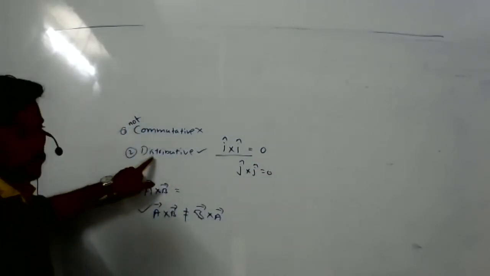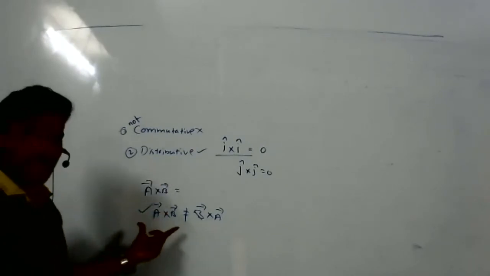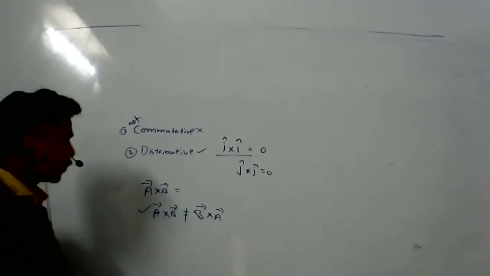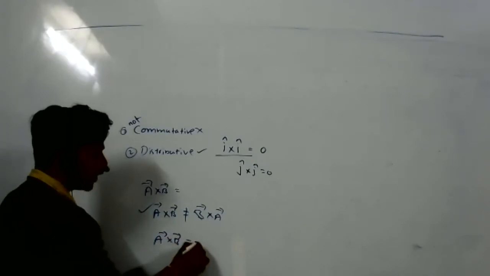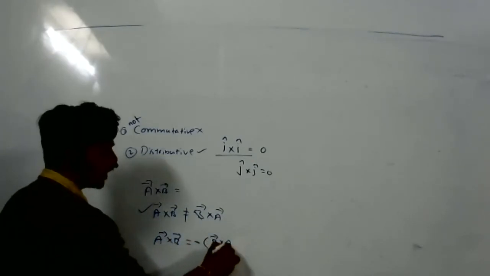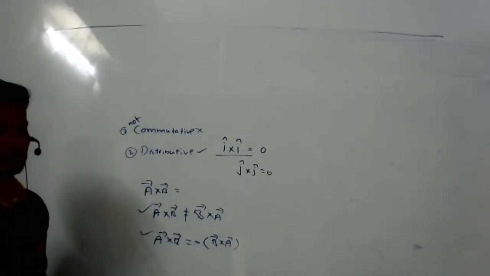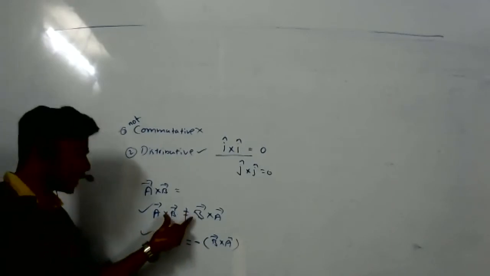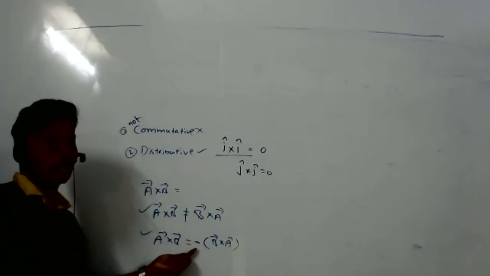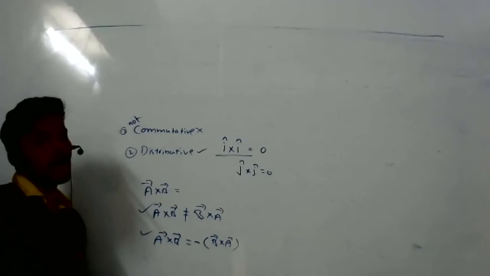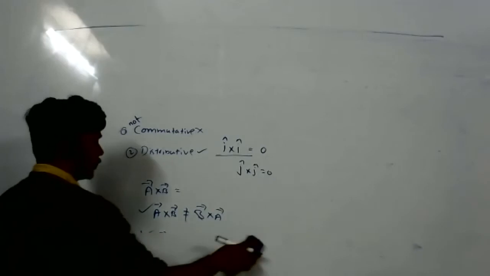Distributive. So the third one, a cross b... No, that's the fourth one. So what Nagabhushan Sir told was, when we were discussing, A bar cross B bar equals minus B bar cross A bar. Can we write it like that, sir? That's not a property, right? If it is not equal, how can we make it equal? We have to give the negative sign. So that's not a property. Okay, thank you, sir. That's why I wrote only the first one.